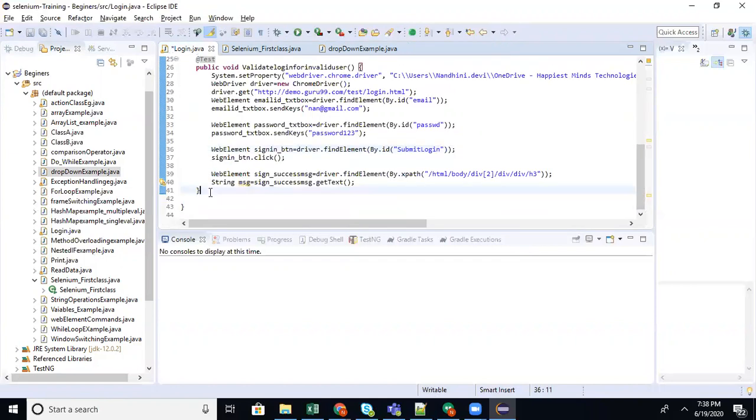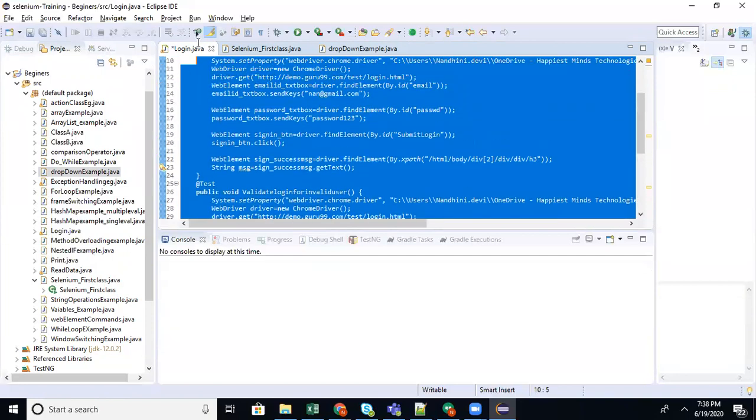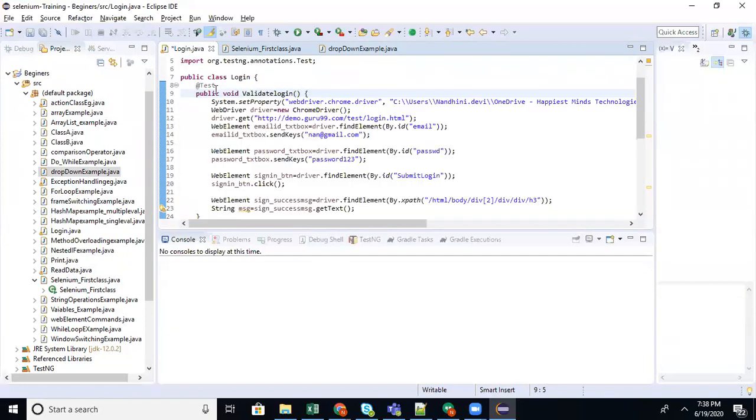Now if you create one class, one method, say public void validate registration, just an example, and you don't annotate with @Test, then this method will not get executed. Only the @Test methods alone will get executed.